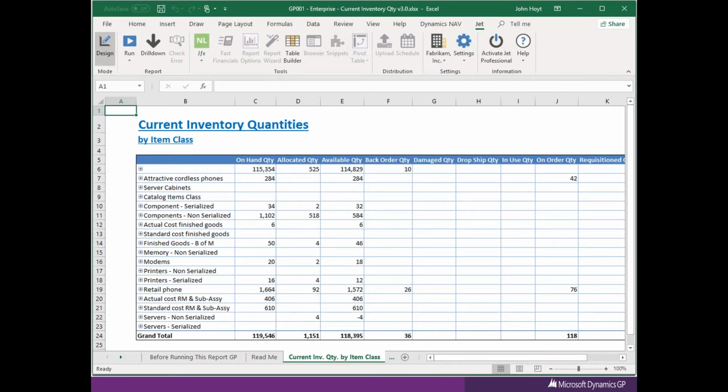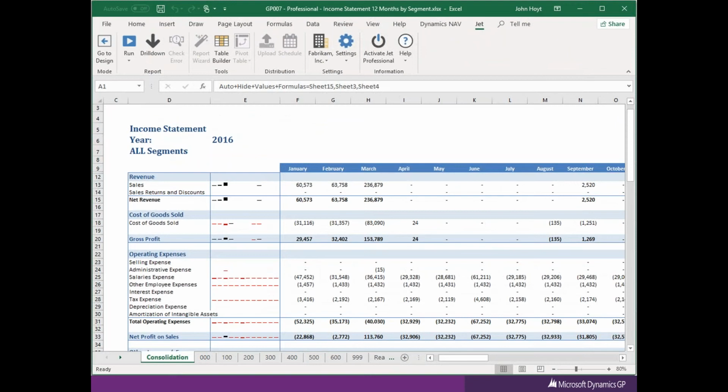I did a webinar on Jet Reports a little earlier this year. The recording for that is up on our website. And I won't go through all the details of Jet Reports now, but essentially what it does is gives the report designer community inside your company a front-end tool to get directly to the GP data and build a variety of different reports. These reports can have different functions with them, and it's a pretty simple, quick, easy tool to learn to use. A basic inventory report, a month-by-month income statement,